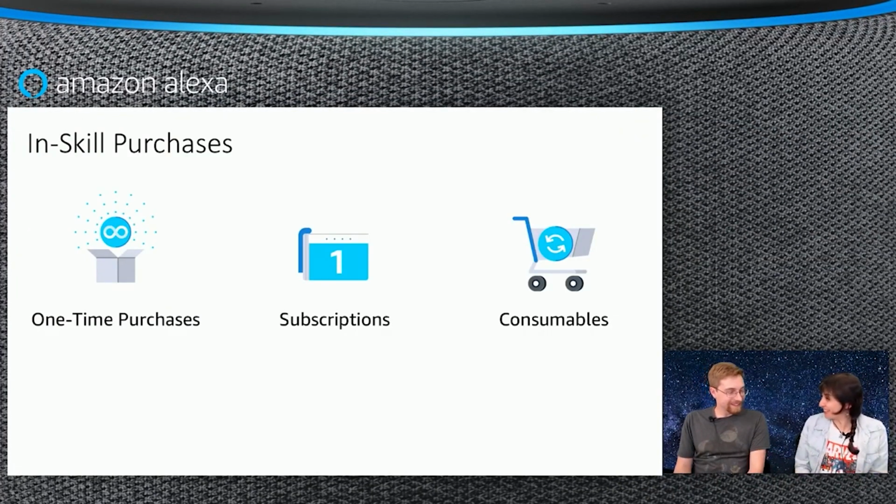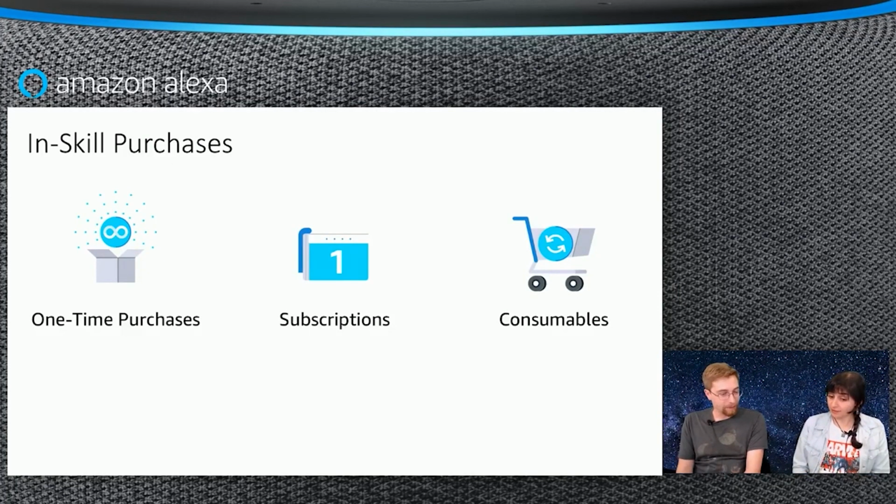And making money. Everyone likes to earn money. Yeah, absolutely. And with in-skill purchasing, you can charge for subscriptions, you can charge for one-time purchases, or for consumables. Exactly. A one-time purchase is where you purchase something once and you use it as much as you like. For example, I might be purchasing a level of the game, and you're always going to have that level for that skill. Exactly. A subscription should be something that keeps changing. Like, let's say I have a trivia game and the questions keep changing every month. So that makes sense to subscribe to it and use it every month.